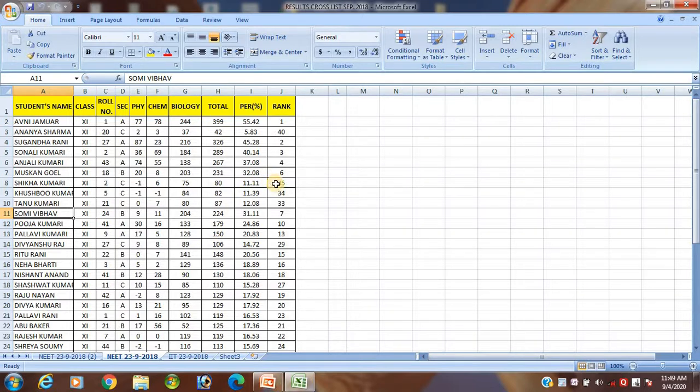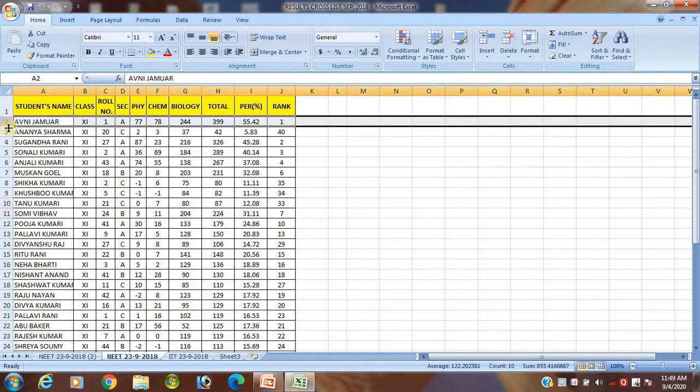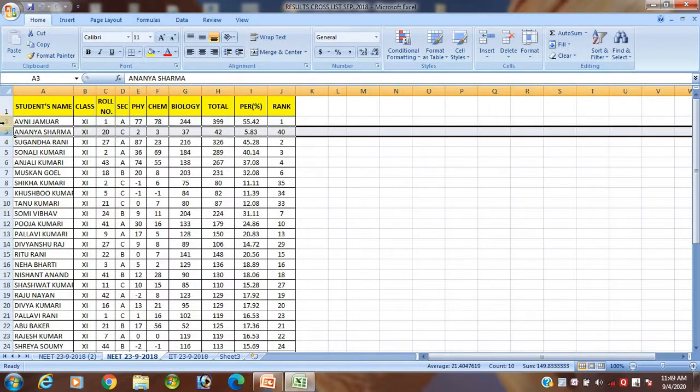Suppose I want to insert a new row. You see row number 2 and row number 3. In between them you see the names Avni and Ananya. In between them I want to insert another name, another row. Then how?